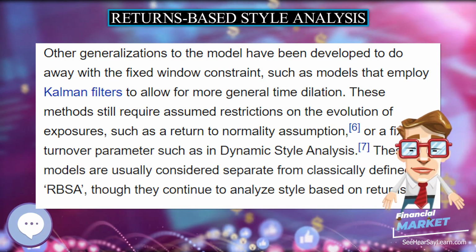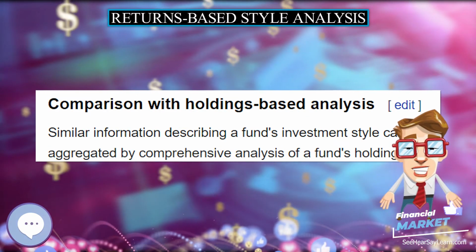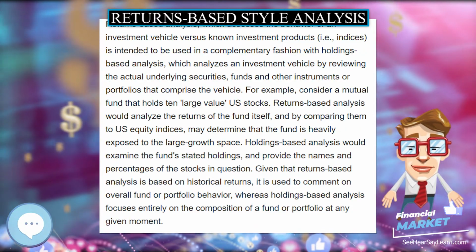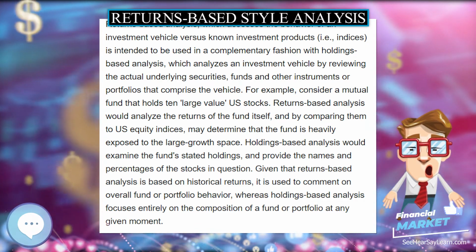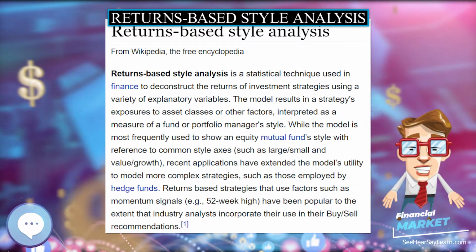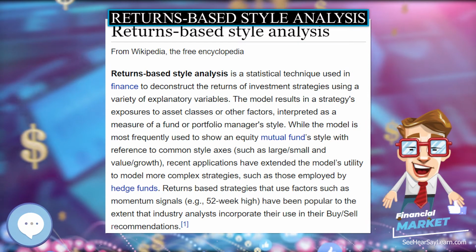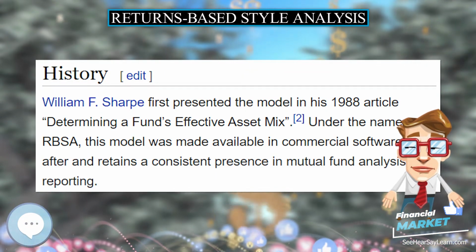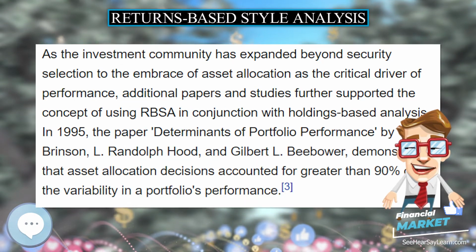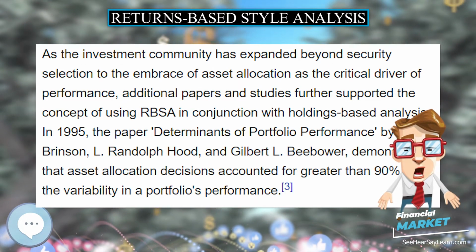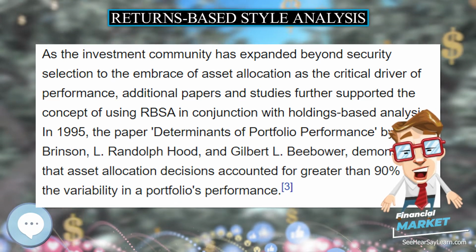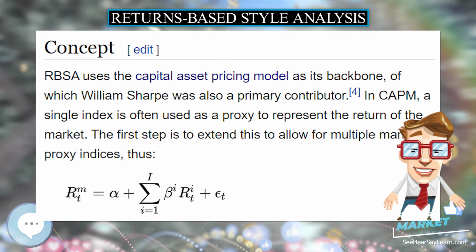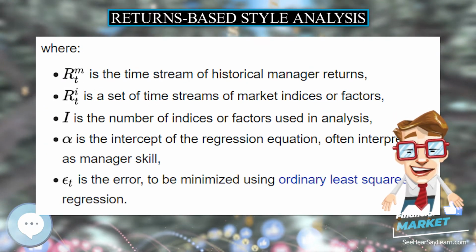History. William F. Sharpe first presented the model in his 1988 article determining a fund's effective asset mix. Under the name RBSA, this model was made available in commercial software soon after and retains a consistent presence in mutual fund analysis reporting. As the investment community has expanded beyond security selection to the embrace of asset allocation as the critical driver of performance, additional papers and studies further supported the concept of using RBSA in conjunction with holdings-based